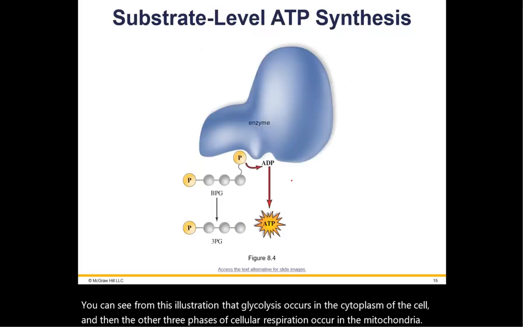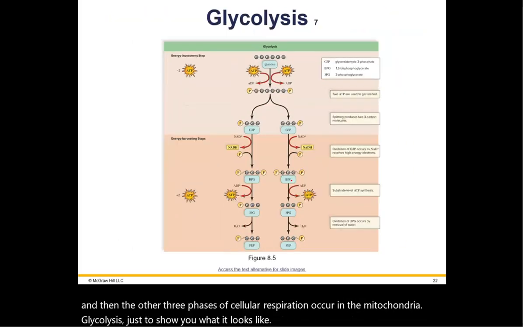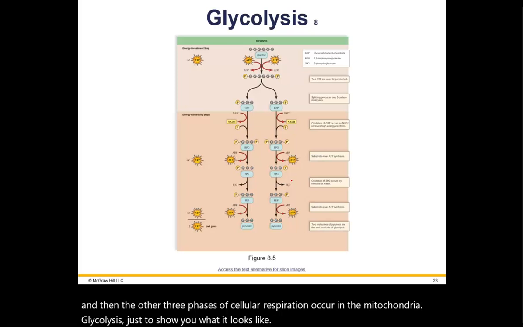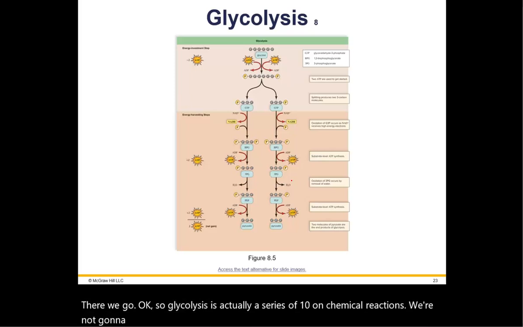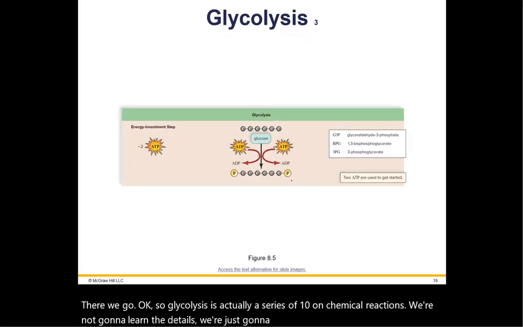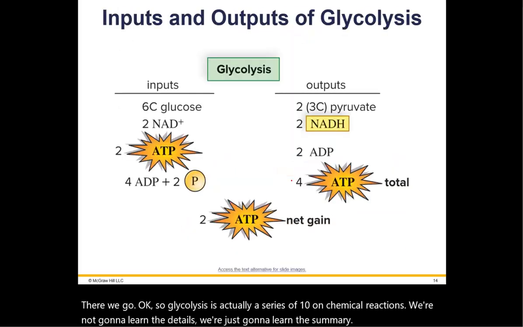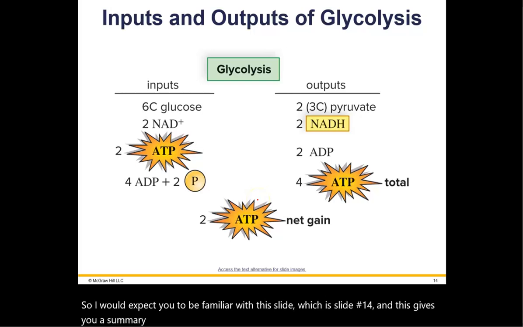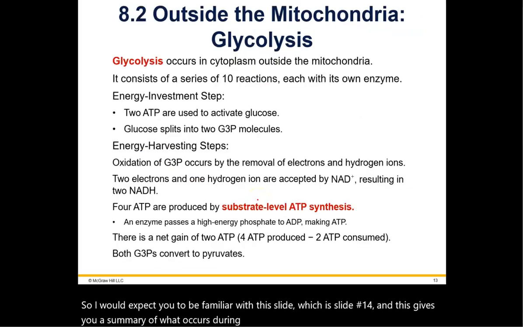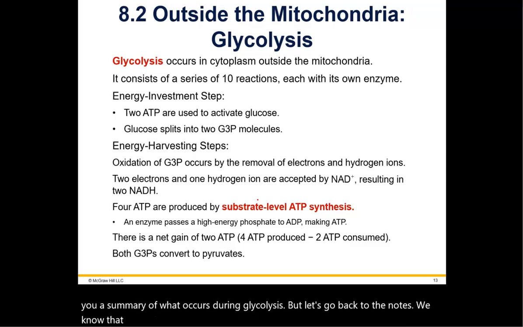Glycolysis, just to show you what it looks like. Okay, so glycolysis is actually a series of 10 chemical reactions. We're not going to learn the details. We're just going to learn the summary. So I would expect you to be familiar with this slide, which is slide number 14, and this gives you a summary of what occurs during glycolysis. But let's go back to the notes. We know that glycolysis occurs in the cytoplasm,